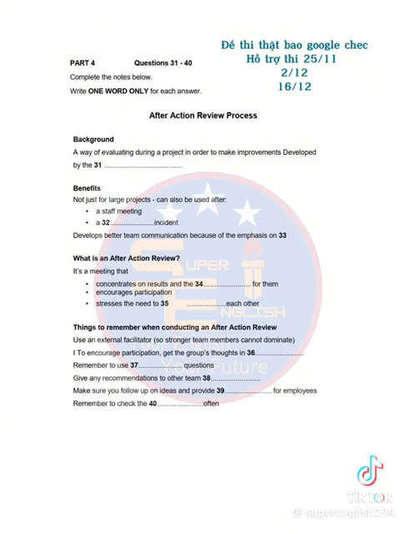Here are some of the key elements to remember for when you're conducting an after-action review. Where possible, it's really good to have an external person to facilitate the process. This helps to direct the discussion and can also prevent a stronger member of the review from dominating the others.